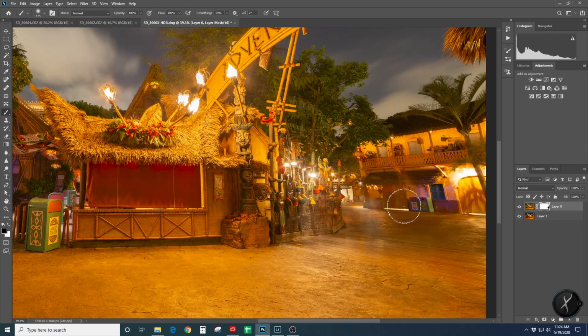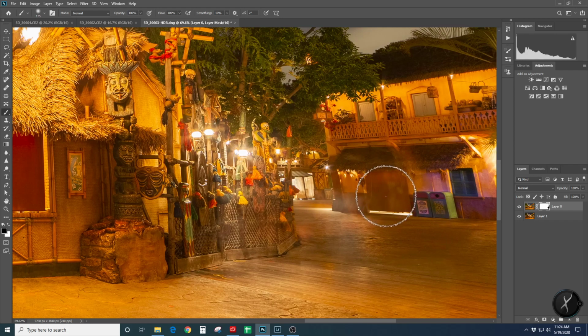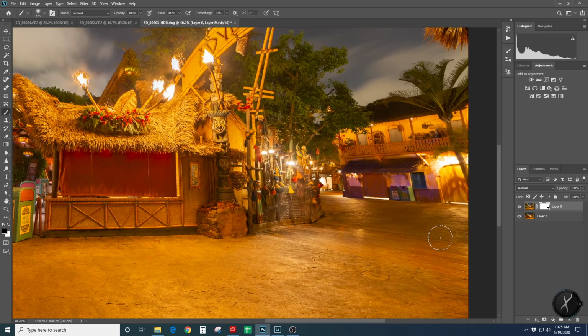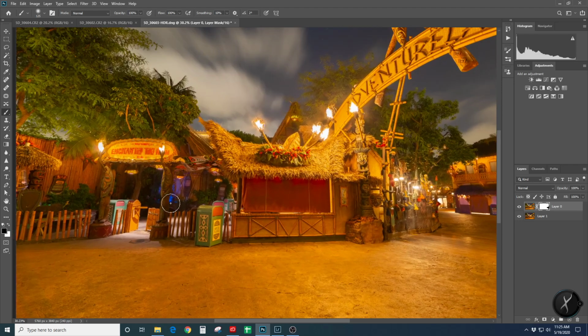And also you'll notice that there's some ghosting going on in the street here too, so we are also going to paint over that. So that we get a nice clean image. And that looks pretty good. Now, going over here